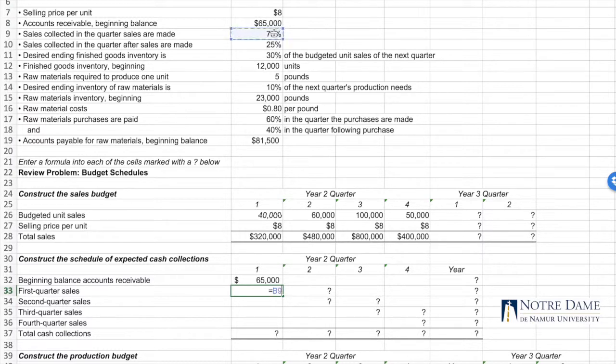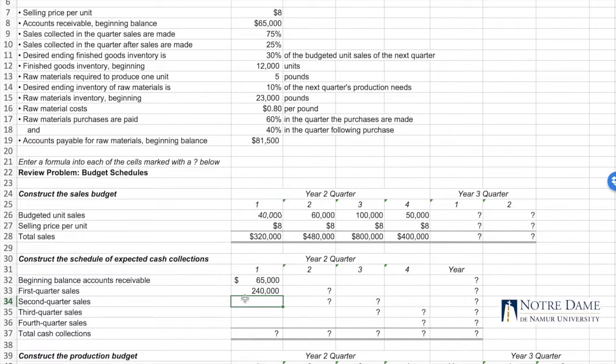So we're going to go ahead and just use the number instead of putting a dollar sign in front of it. And then this is sales per quarter, 75% of what? 75% times the amount of sales we have. And then we hit enter, and so we have $240,000 worth of first quarter sales, which will be collected,